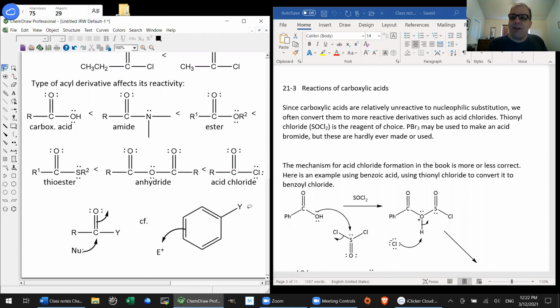Just to clarify, only when the aromatic ring's Y is a halogen, the reactivity is reverse. No, I think the reactivity is reverse all the way through, more or less. Imagine if Y is an OH, that corresponds to the carboxylic acid, right? And so with OH on an aromatic ring, I think that's the most reactive of the bunch. Whereas it's the least reactive with the acyl derivatives. And certainly with a halogen, I think that's the least reactive of the bunch when it's on an aromatic ring,